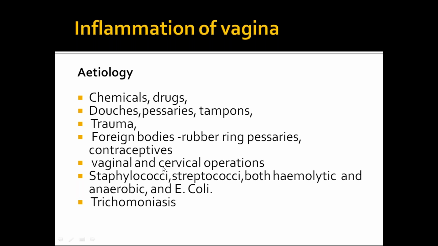Next, coming to inflammations of the vagina. What are the conditions which can cause inflammations? Inflammations of the vagina can be caused by chemicals, drugs, douches, pessaries. Pessaries are usually used for prolapse patients, and sometimes for a retroverted uterus. Those pessaries, if forgotten,